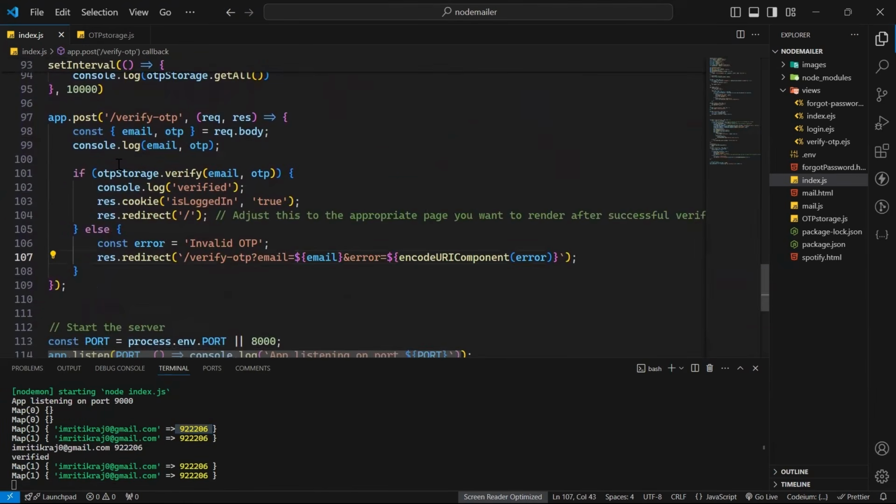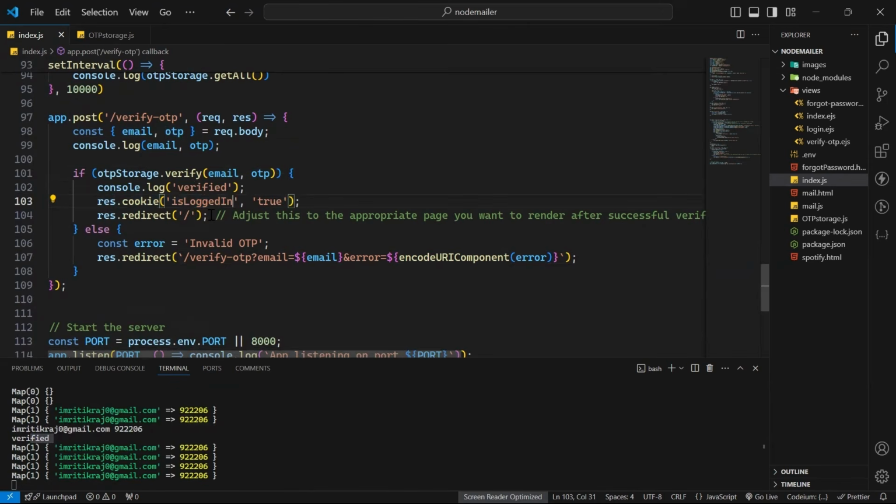तो आई थिंक हम लोग यहाँ पे थे, ठीक है। अभी क्या हो रहा है यहाँ पे देखो, ओटीपी स्टोरेज पे जाएगा, वो वेरीफाई मेथड जो मैंने दिखाया था उस पर, ईमेल और ओटीपी डाल रहा है, वो वेरीफाई कर रहा है, अगर वेरीफाई हो गया तो कंसोल करेगा वेरीफाइड, देखो यहाँ पे कंसोल हो गया है, वेरीफाइड हो गया है, ठीक है। कुकीज़ को वो दोबारा सेट कर देगा, इज लॉग इन को ट्रू कर देगा और रीडायरेक्ट कर देगा होम पे।